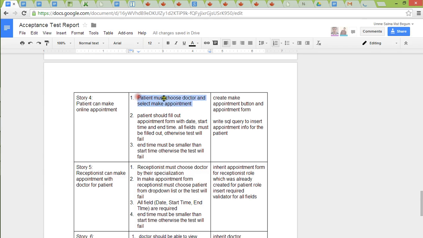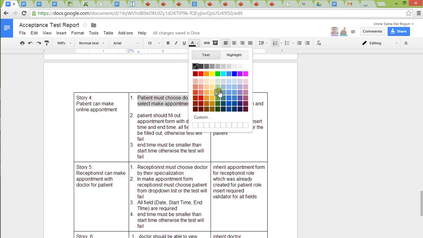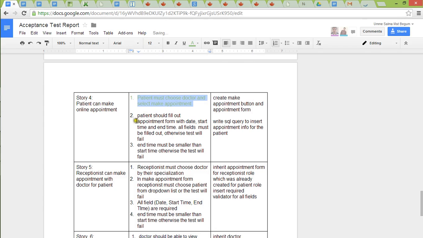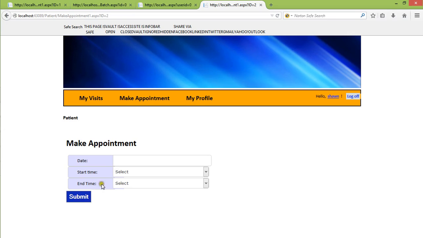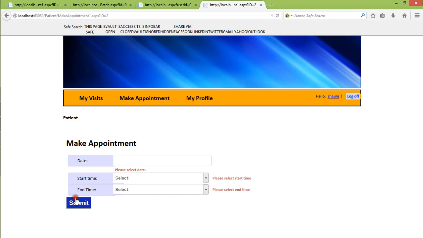So as I just did, the test will pass. And then we have: a patient should fill out the appointment form with date, start time and end time, and the fields must be filled out, otherwise the test will fail. For example, if I don't fill up all this information and I click submit, it would give me the validation and tell me please select date, select start time and select end time,